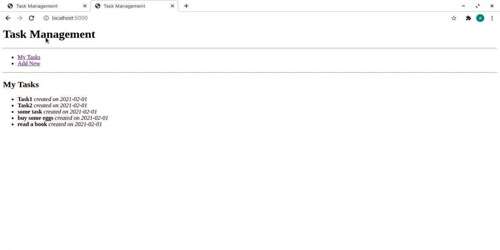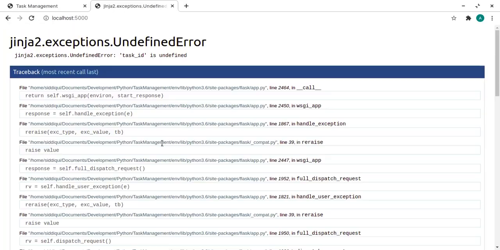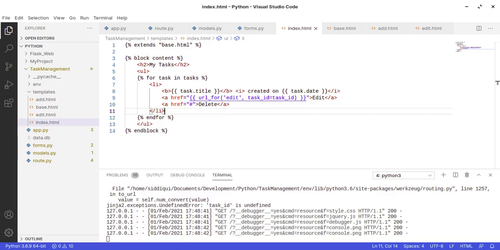Okay, now let's run it. Oh, task_id undefined. Oh, I think I did something wrong. Oh, sorry, this is not underscore, this should be dot, because we passed the task actually.